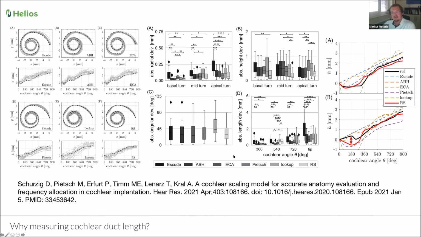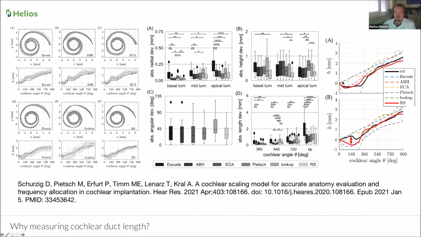And you can see that the new RS model is in all things more accurate than, for example, the ECA model. And the problem is most models work quite well in the basal turn or in the second turn. But if you go more up to the tip and you want to have a prediction of the whole length of the cochlea and the length of the cochlea at the tip, you see that the old model, for example, the SQD model, works way worse in prediction because